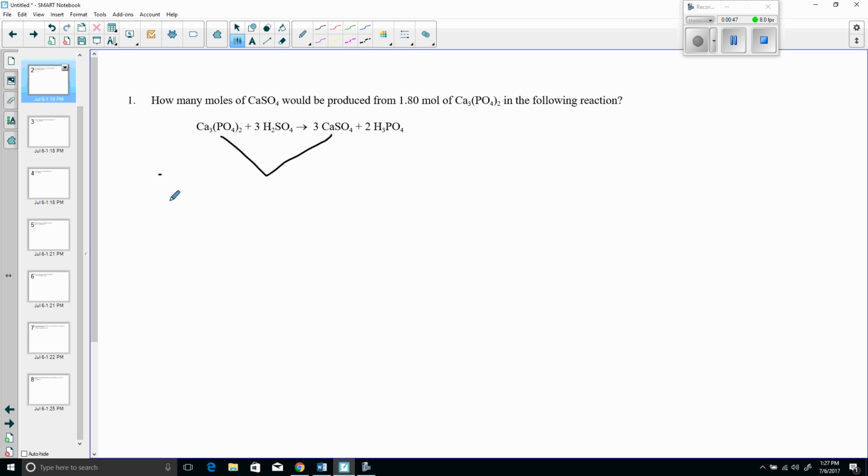So in this case, because they're just asking for moles, and you're going from moles of one substance to moles of another substance, we don't need to look at molar masses or any of that nonsense. All we have to do is use our balanced chemical equation in order to solve this problem. So we start with what is given, 1.80 moles of calcium phosphate. And you're going to relate moles of calcium phosphate